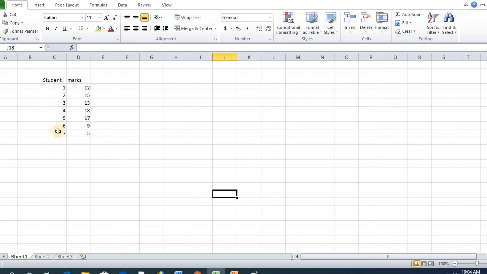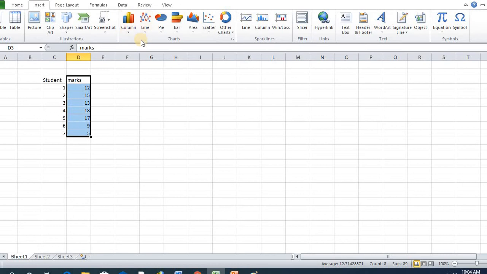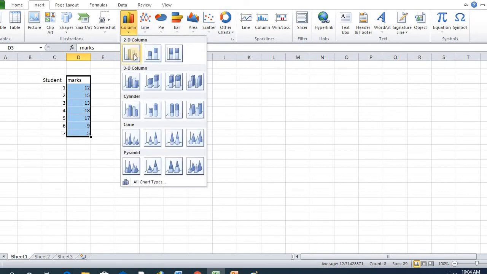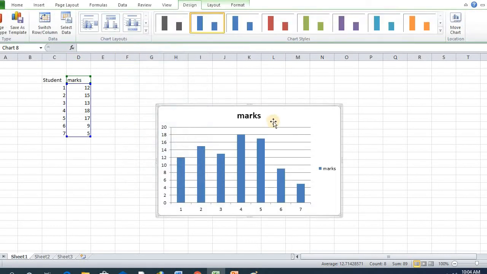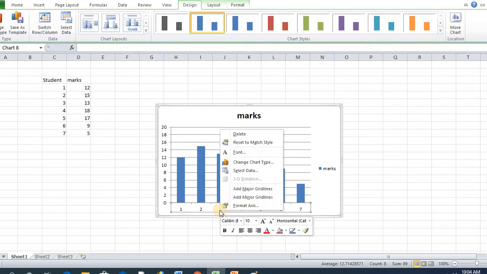Suppose these are the students, 7 students, and these are the marks of the students. We just drag these and insert. This is the simplest form. If you want to change the x-axis by some name or other things, select